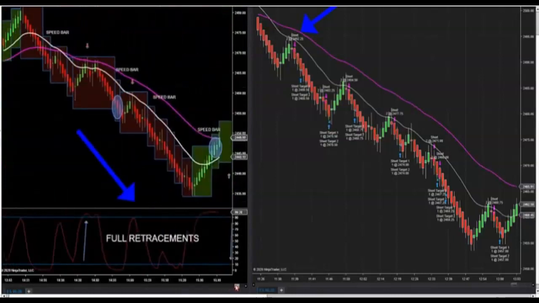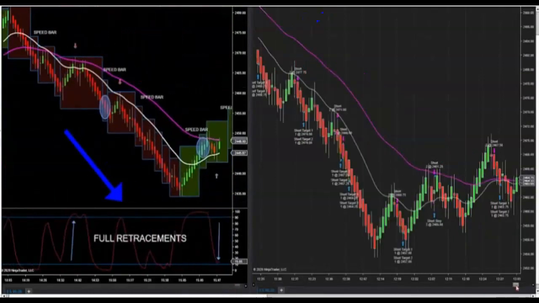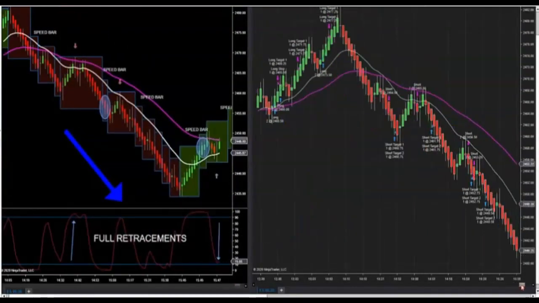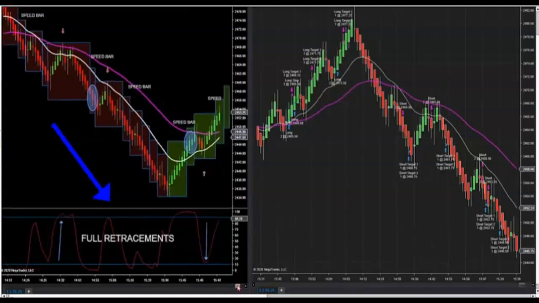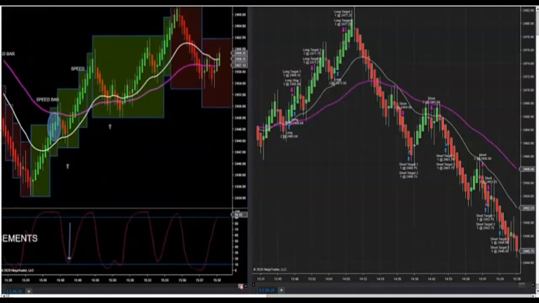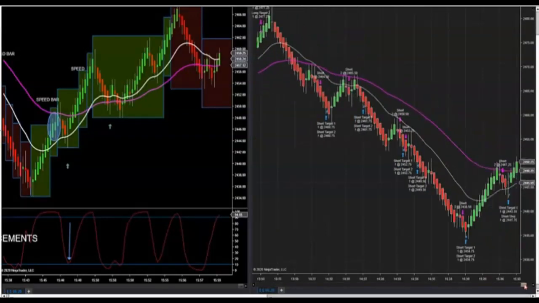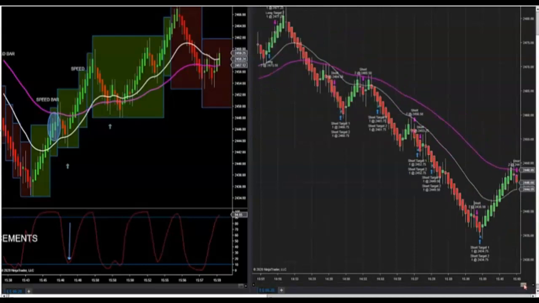So if we move further across, we go up, and here now this big move down over here. So it goes up, it catches the counter wave right here. It catches the counter here, counter there long, caught this counter, right? Because it's catching the counters too. That's the counter wave, not a counter, the moving average crossed over. So it's going with the moving average, sorry. So the moving average crossed over, took the first retracement. Then we get back into trend again. All right, so once we get back into trend,